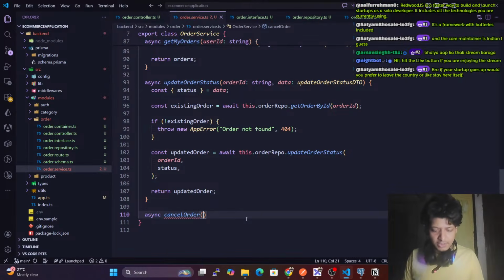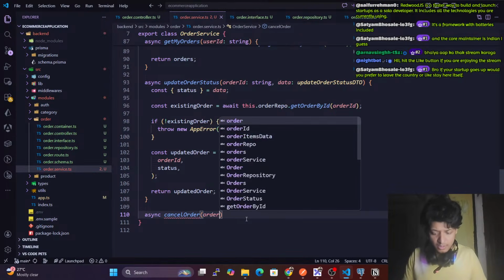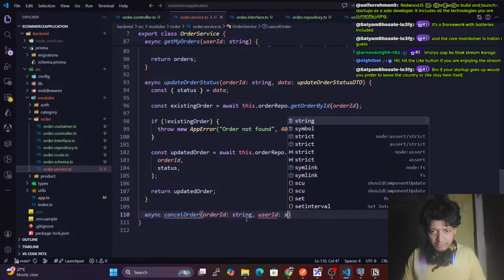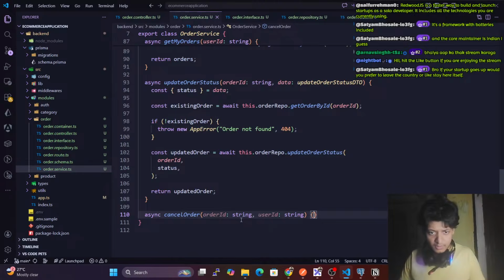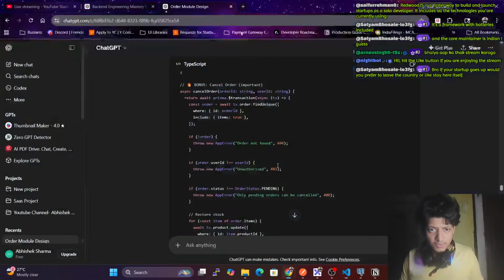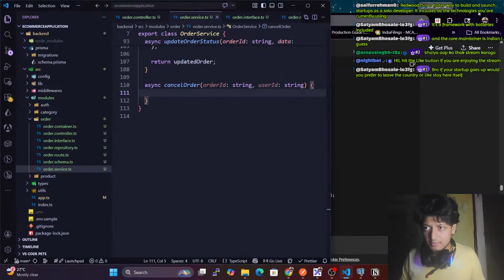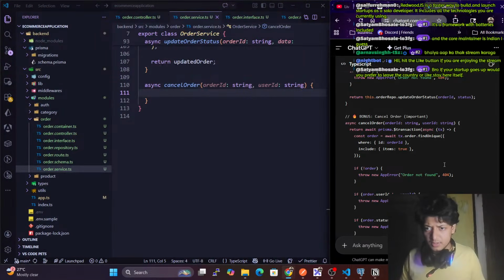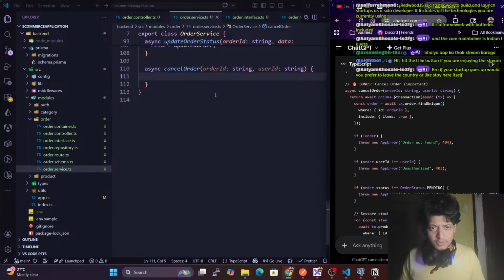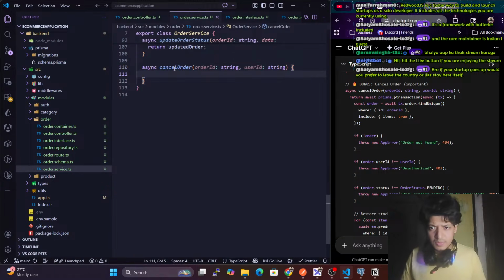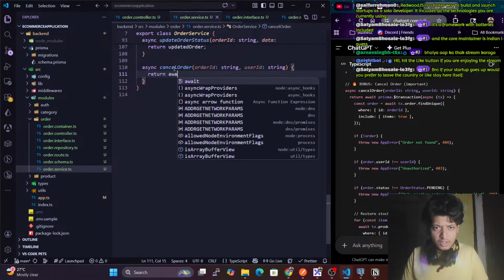So for this one, cancelOrder, we have orderId of type string, and we have userId of type string. Okay, we have this. So for this one, we can minimize this as well. Let's go like this. Return await